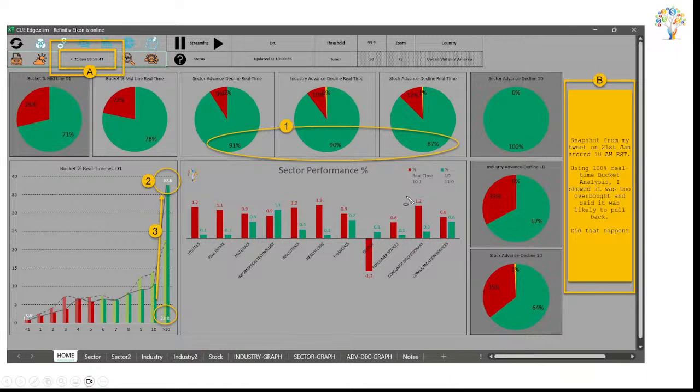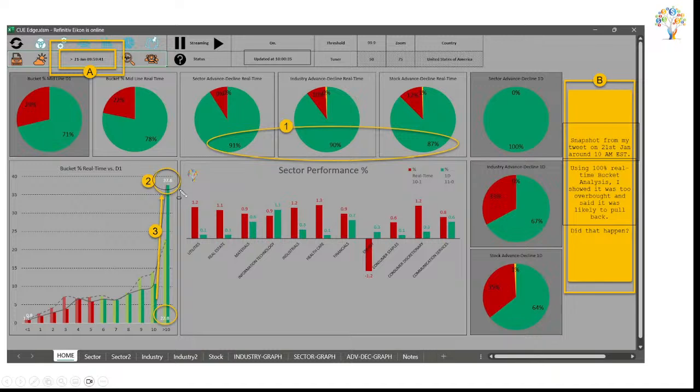This is a tweet, a snapshot from a tweet I shared on 21st January around 10 a.m. Eastern Standard Time. You can see the timestamp here. Using 100% real-time bucket analysis, I showed it was too overbought and likely to pull back. Why was it extremely overbought? For both the angles, one was that